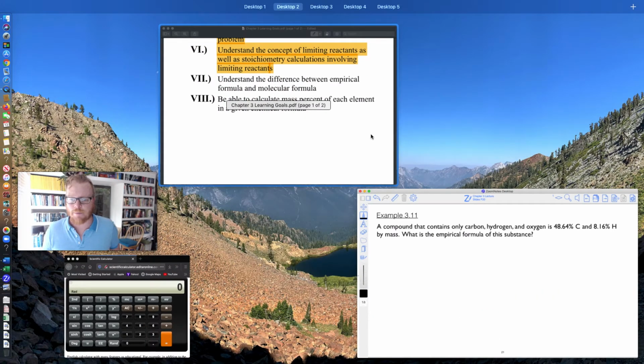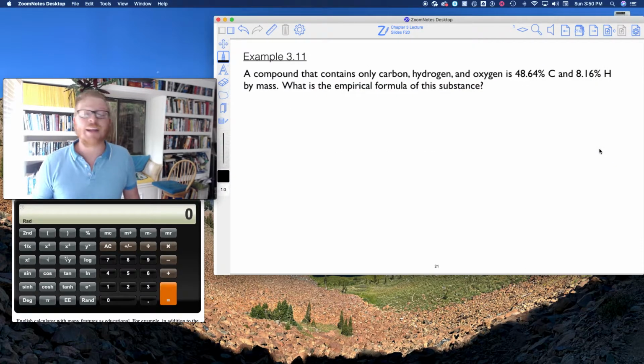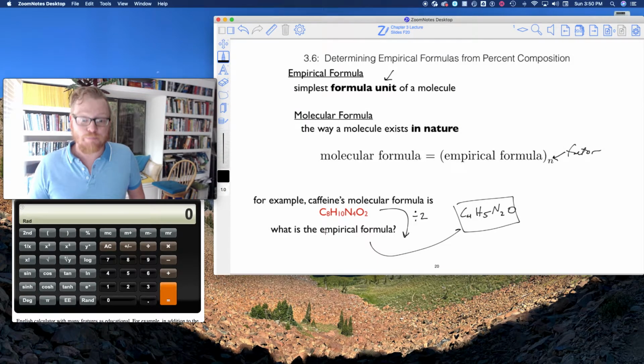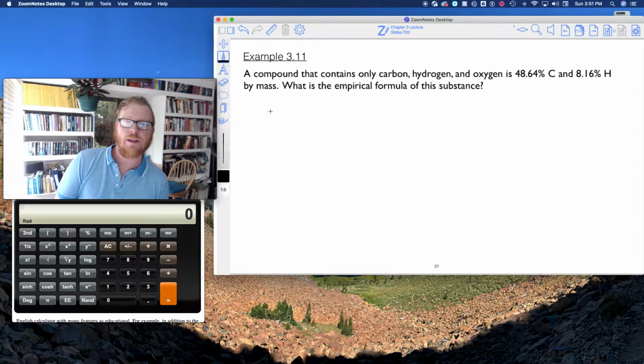Another example will come up about empirical formula, molecular formula. But these two learning goals, right? I'm going to be kind of combining these in calculations. So mass percent of each element in a chemical formula. Because if you think about it, the mass percent of each element in the formula will be the same for the empirical and for the molecular, right? There's no way to tell the difference when you're just doing mass percent. I'll show you that. So for example, a compound that contains only carbon,